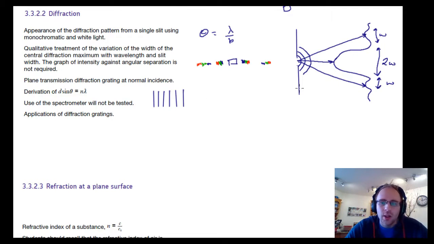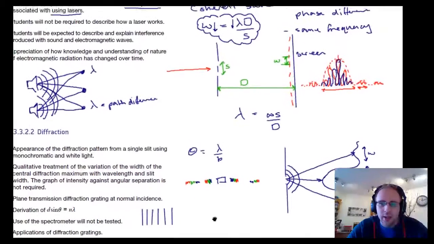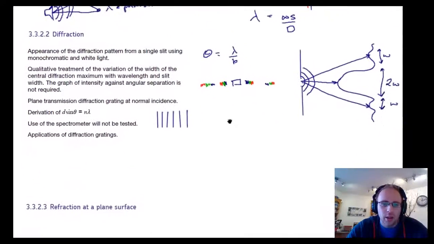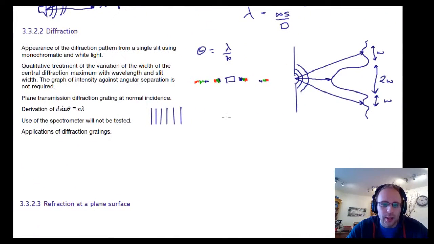Okay, so we've looked at one slit, we've looked at two slits. Now, what if we have all the slits? If we have all the slits, we call it a diffraction grating. We get loads and loads of slits, and what we usually get is something like